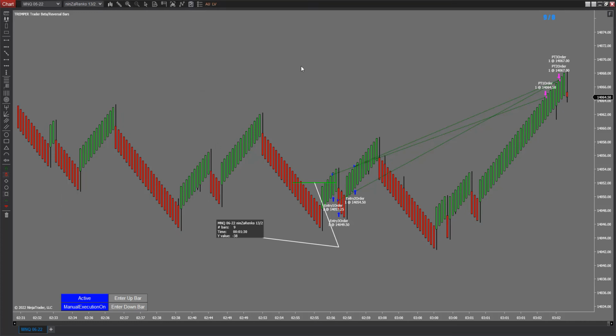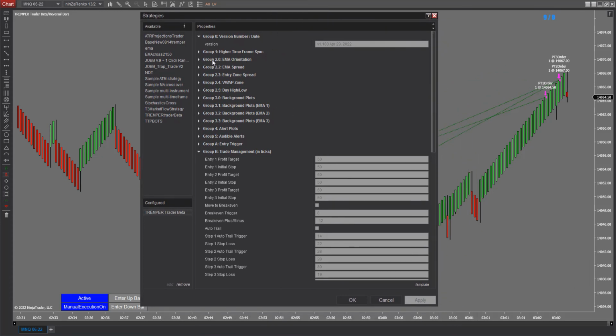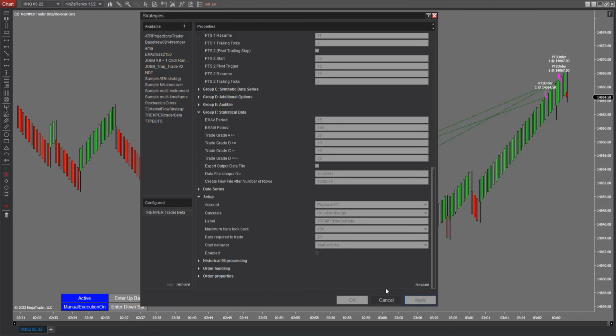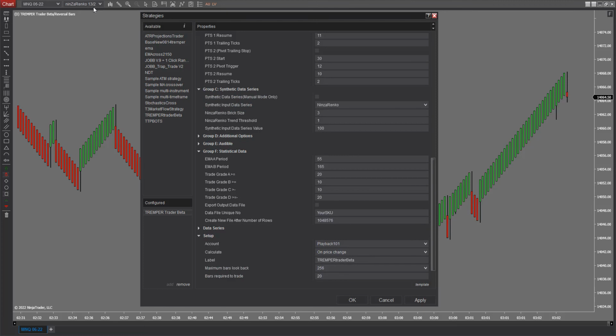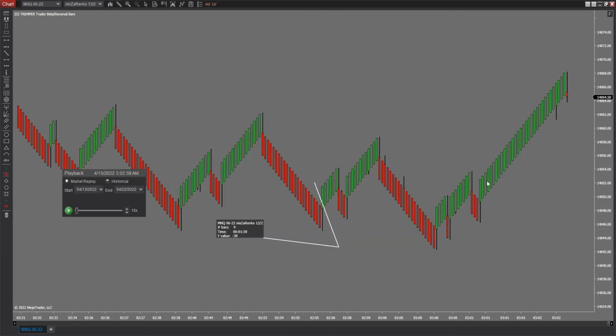So last but not least, the only one that doesn't really concern. I take that back, let me do one more thing. Let's go to group C, the synthetic. Let's say I'm on a 13-2 chart, but I want it to trip right away. So I'll make it a 2-1. It's just moving averages, so a 2-1 moving average, or whatever you want to put in there. But let's just say a 2-1. So basically, it's really quick. I'm going to say go, and what it's doing is it's using that 2-1